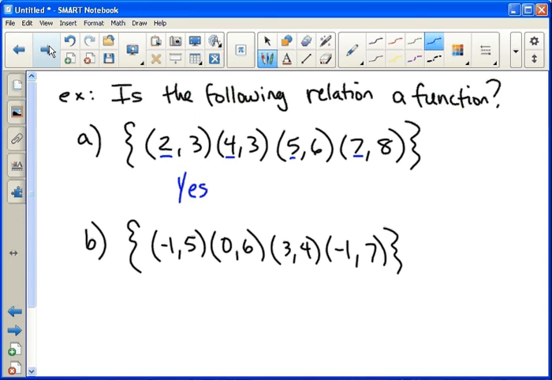If you notice, the y's do repeat. There's two 3's here, but that's okay. It's fine if y's repeat. Just x's can't repeat. So now if we look at b, -1, 5, 0, 6, 3, 4, -1, 7, we